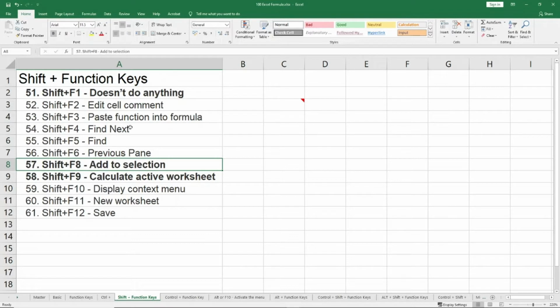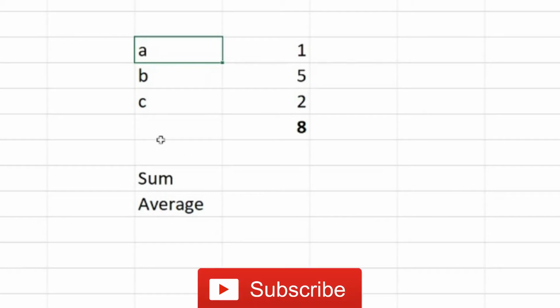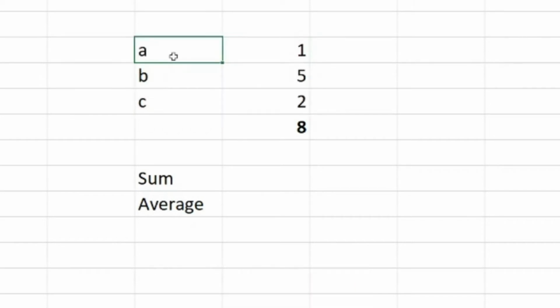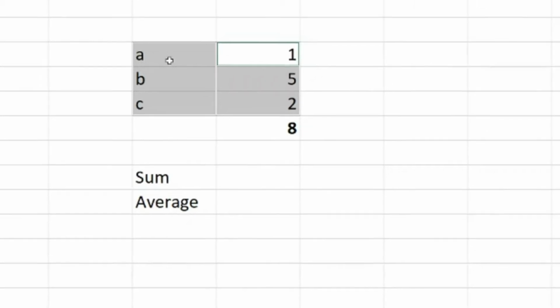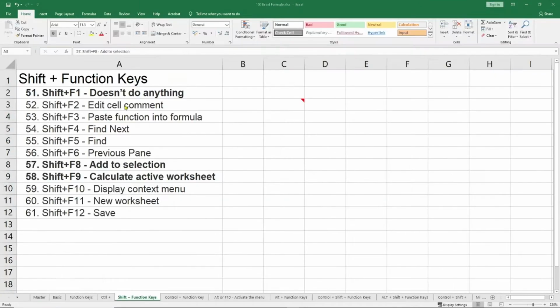Shift F8. This is something which very few people use on the keyboard and most of the people use using the mouse. So let me go to my demo sheet and show you what I basically mean. In this, if I want to select two ranges, which is the letters as well as the numbers, what I will do is I will select the first range, I will then press Control, then I go to the next range. I can do this using the keyboard as well. So I go here, I select the first range using Shift and the down arrow key. I say Shift F8. Now I go to the next range which I want to select. I again use the Shift and the down arrow key, and I again use Shift and F8. Now if you see, all the cells are selected, all the ranges are selected without me using the mouse. So that's the power of Shift plus F8.